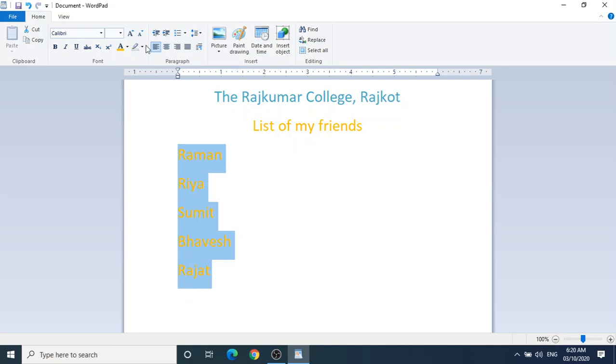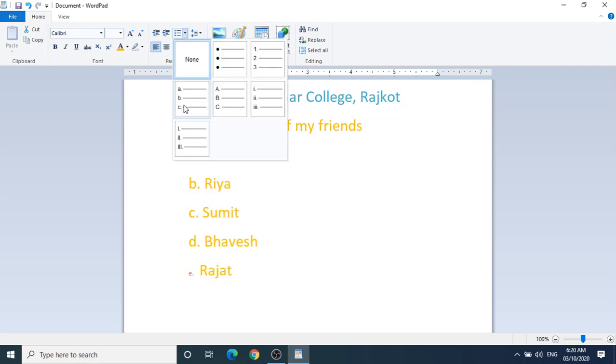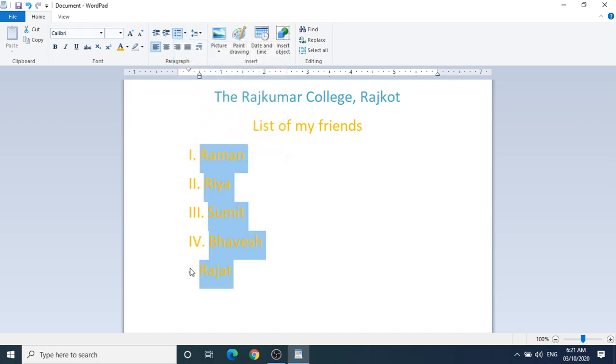So in your home tab, in your paragraph group, you can see here, from here you can put the numbers or symbols you like, whichever you like. Here you can see the font style is not changed, so I will check here. Okay, this is 26, everything is 26, so select and again you press 26. Even color is also different. Select and from here you can change the color, right?